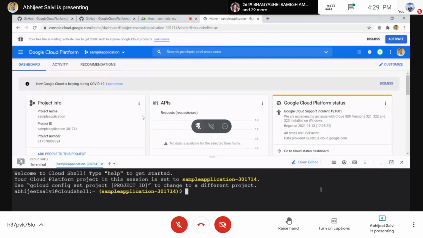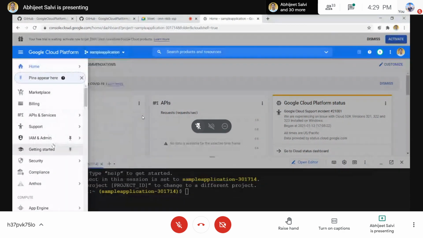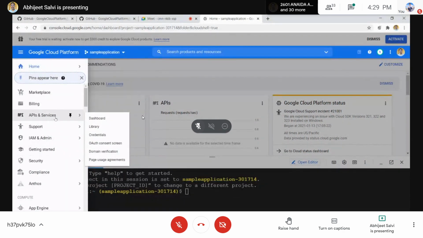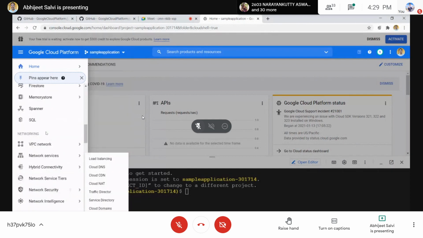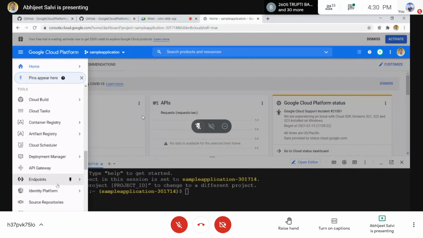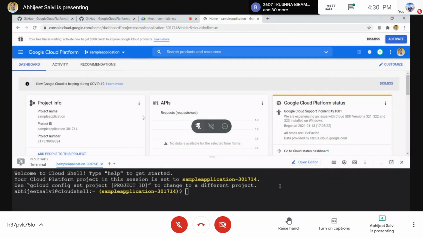Through this we can pass commands. We are not talking about that, there are many things here. Like we can have an instance here, we can have APIs and services. Many things are there. You can create a SQL Server instance, you can go for the VPC networks. So many things are there actually. But as I told you, we are just focusing right now on how to deploy our application. So we'll handle that by using this console.